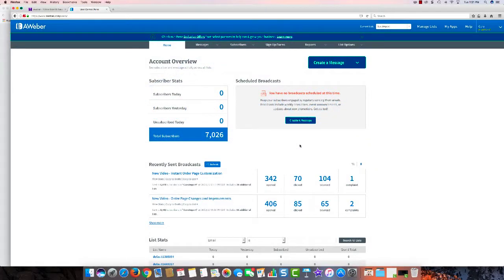A common customer question we receive all the time is, how do you compare against this competitor or that competitor? Now in this case, what I'm going to do is give you an example of how we compare to Aweber by showing you exactly how you do things in Aweber and then comparing and contrasting how we do things in